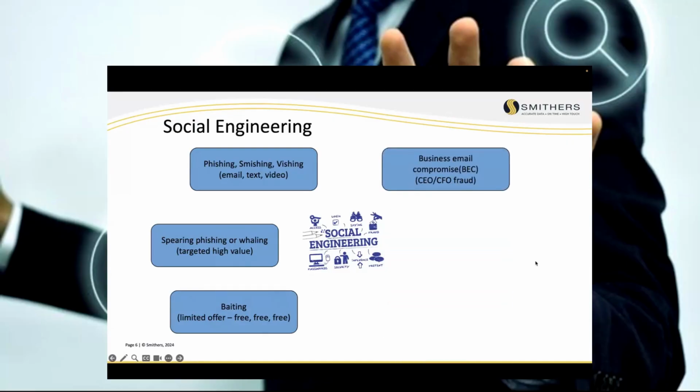Business email compromise. This has gone very much in vogue for the last few years, and it's really hard. Business email, we call it the CEO CFO fraud. This is typically the one where the CEO sends an email to somebody in finance and says, hey, we have an outstanding bill to socialengineering.com. Robert McVay really needs to get the $3,000 payment this week or today. Please make sure you use the following ACH information and get Robert his money today. It goes into the finance department, and typically it's targeted to the right person. It looks like it came from the CEO of the company.